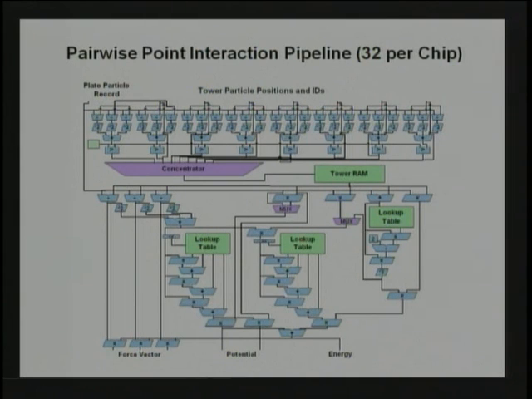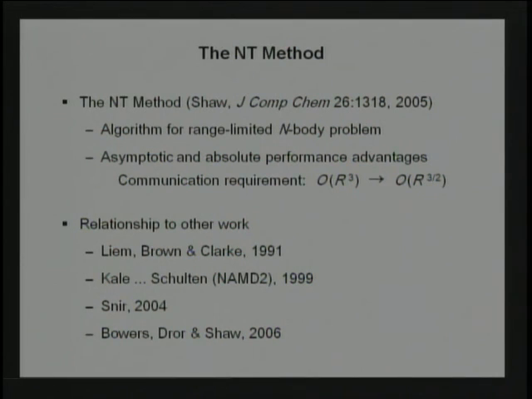It has a lookup table. There are a few functions that can be specified, but it's really, really dumb, but very, very fast for this application. And then this is the method I came up with. The key thing is for those interactions, it's asymptotically better than the ones that were used before for interacting the particles. It's what's known as the range-limited version of the classical n-body problem of physics. But the important thing is the constant factors are such that it tremendously reduces the amount of communication among processors.